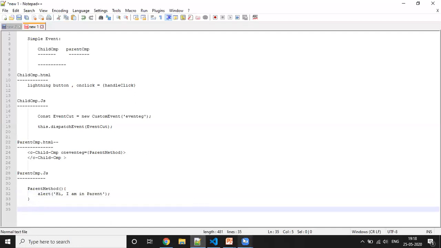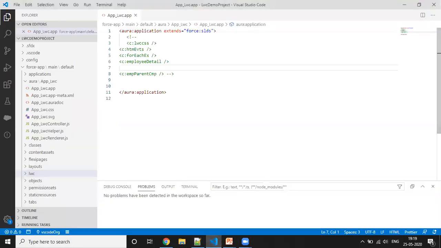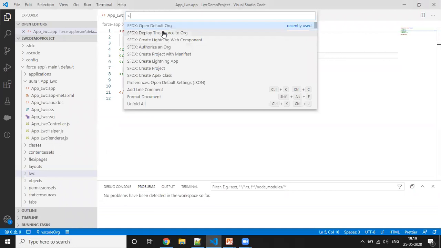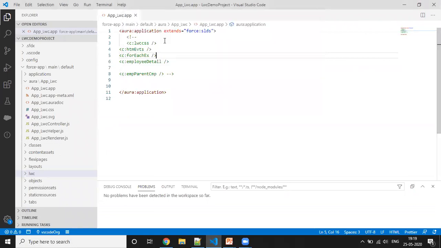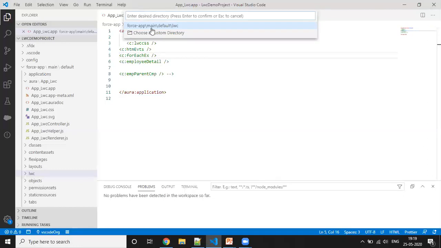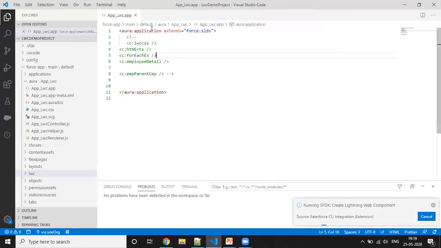Let's do this practically. I'm going to create one LWC component here, and I'm giving it the name child component example, creating it in the default location.